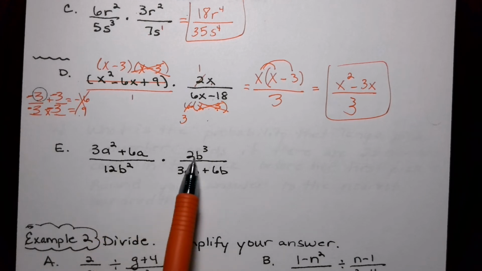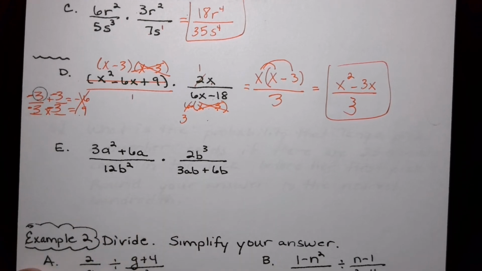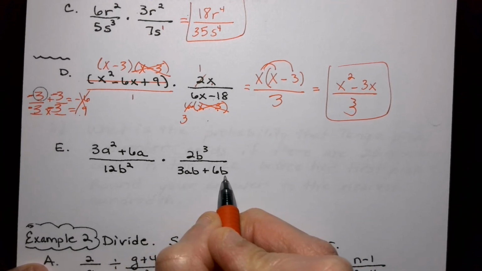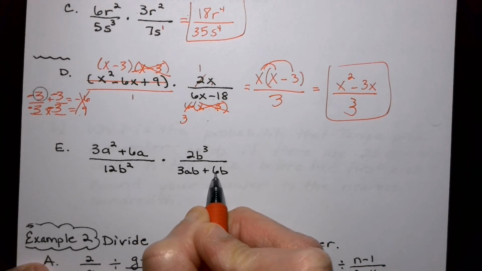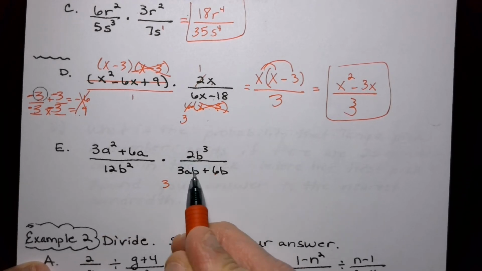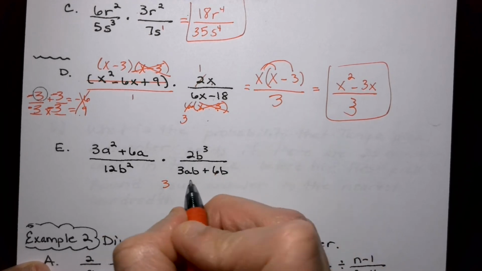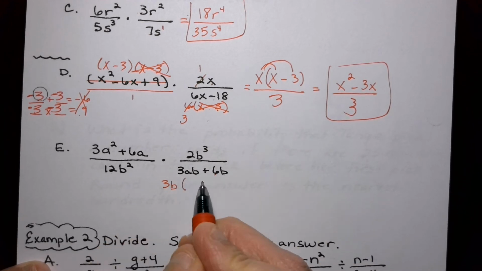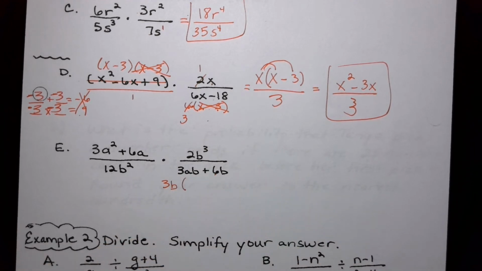These are multiplied, these are multiplied, these are added. So the adding ones we want to see if we can factor. And I do see things I can factor right here. I got a 3 and a 6. First of all, I can take a 3 out. And A, B, and B, I can take a B out. And then if I take a 3B out,